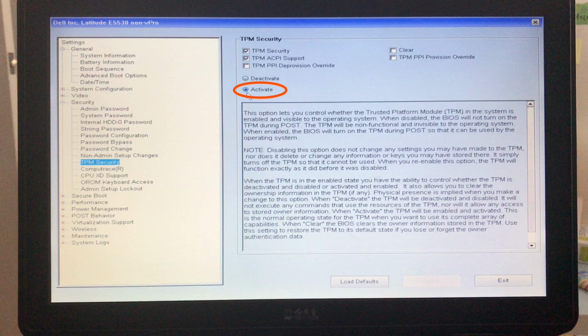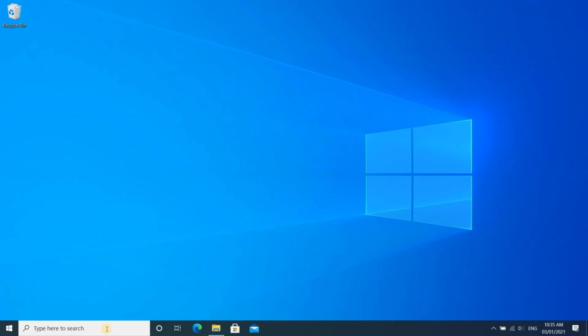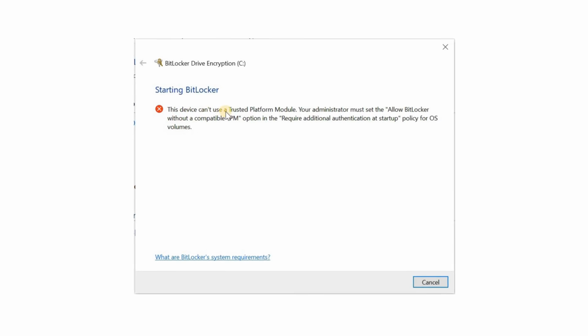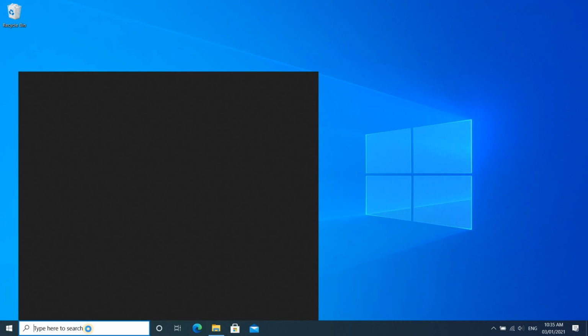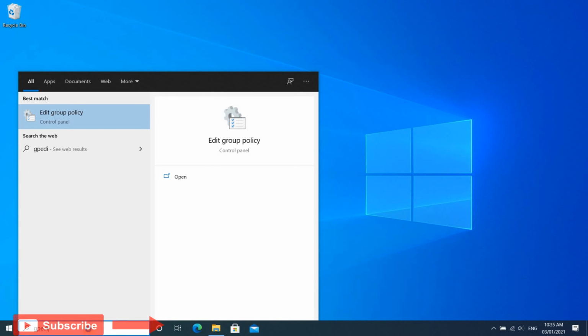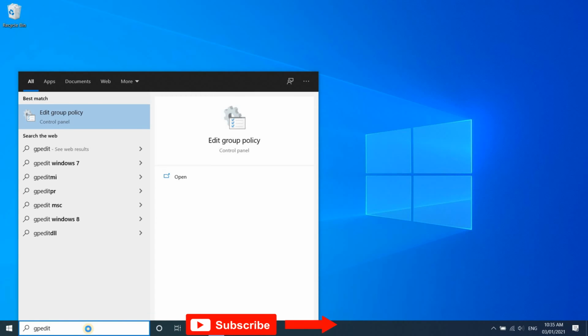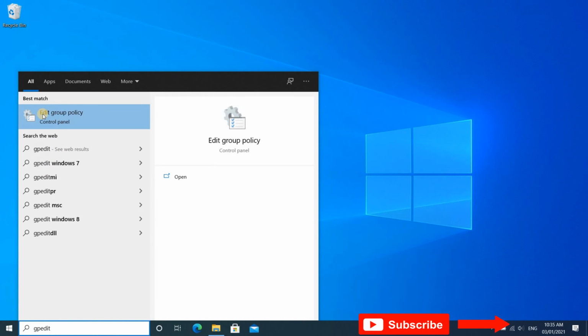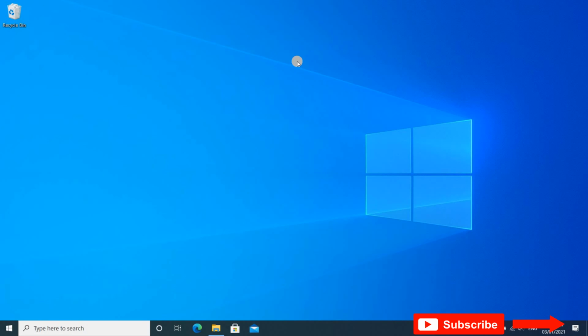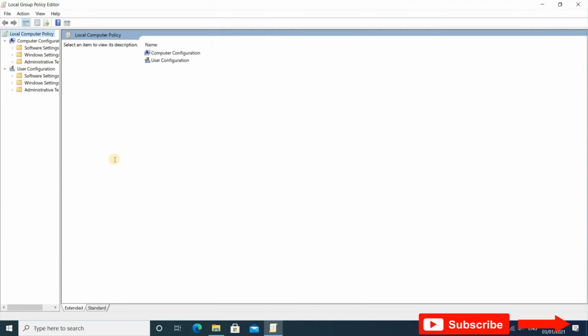If you don't want to enable TPM or if you don't have TPM on your PC and you want to use BitLocker, you will need to change a configuration in the local policy of the PC, otherwise you'll get this error message. So in the search box, type gpedit and then select Edit Group Policy. This will open Local Group Policy. Let me maximize it.